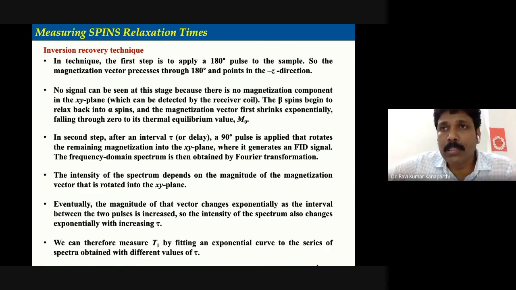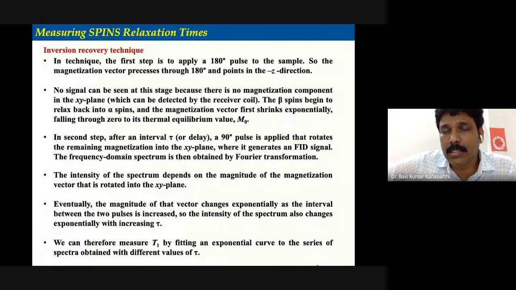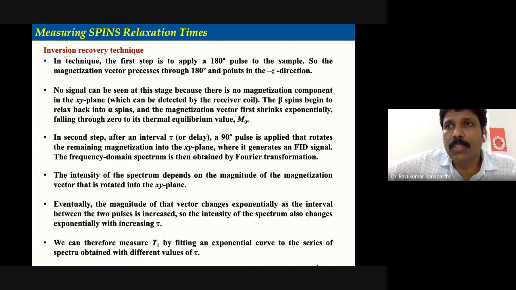Different types of pulses were discussed in the previous class, so please refer to those discussions. There are different ways that you can apply a 90-degree pulse. B1 can be applied for twice the duration of the actual 90-degree pulse. For an actual 90-degree pulse, it normally takes roughly 10 to 12 microseconds.